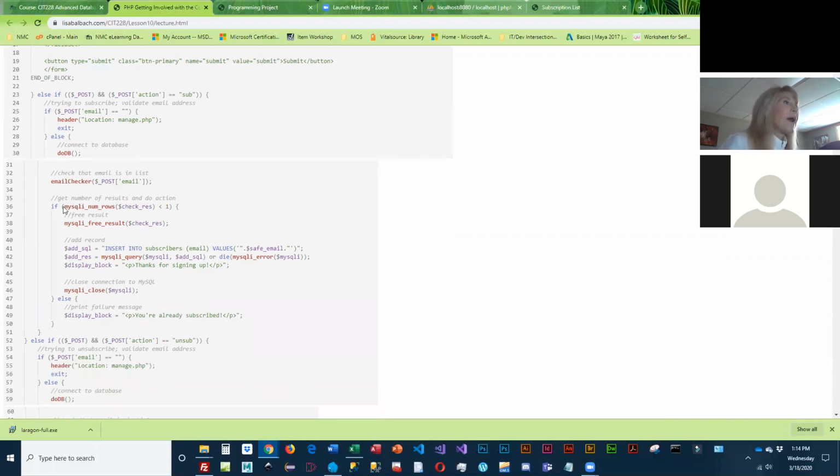Now, if they're subscribing, we're going to assume that the email address is not there, right? Because why else would they want to subscribe? So we're checking to see if the number of rows that were retrieved is less than 1. If they want to subscribe, we would assume it is less than 1. Okay, so we're checking to see if it's less than 1. If that is true, okay, then we are releasing the results of our query because we know we have to